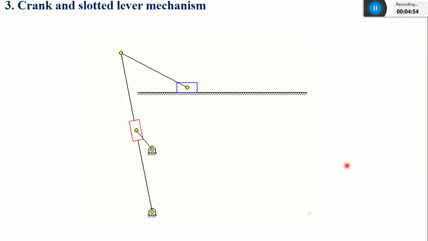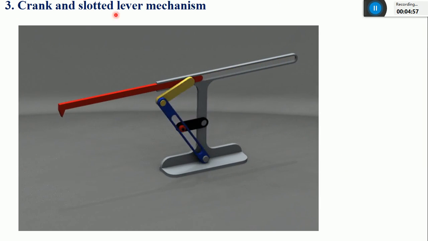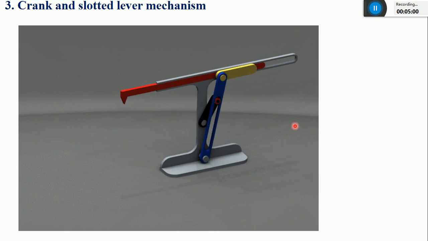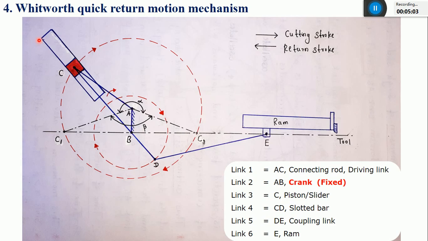So this was the animation of the crank and slotted lever mechanism. After that, we also discussed the second quick return motion mechanism, that is Whitworth. The working principle is again the same. This mechanism is connected to the shaper machine, which has a ram and cutting tool, because I want a forward stroke, called the cutting stroke, and the reverse stroke as the return stroke. The only change in this case is that instead of the connecting rod, the crank will be fixed. That is the keyword of this mechanism, and you get two rotary paths.